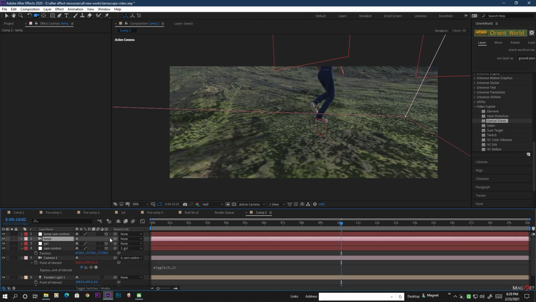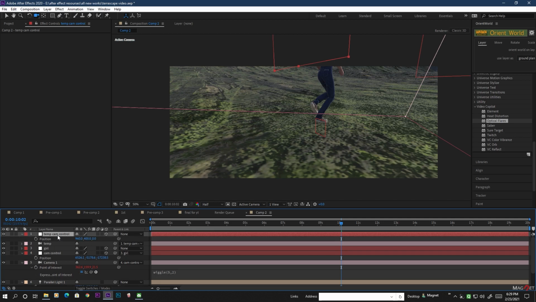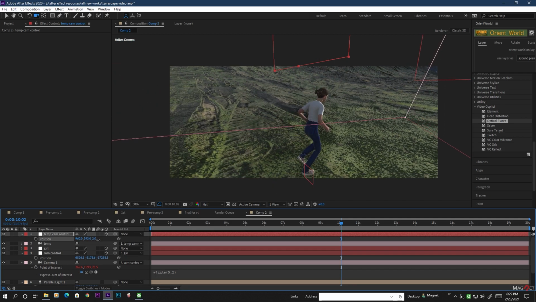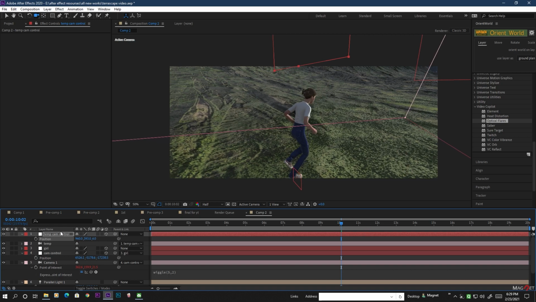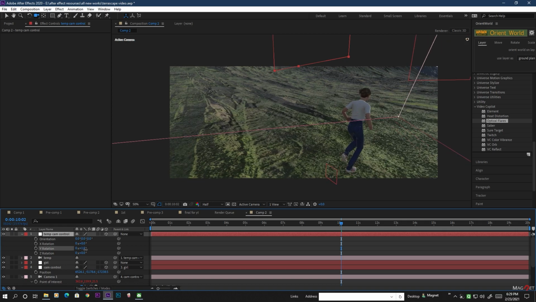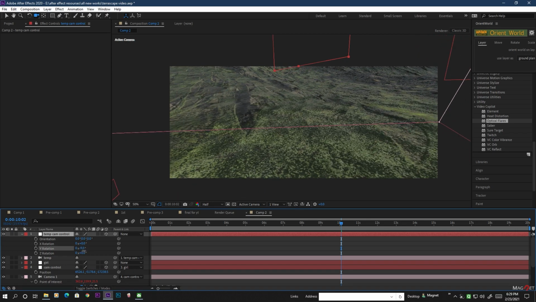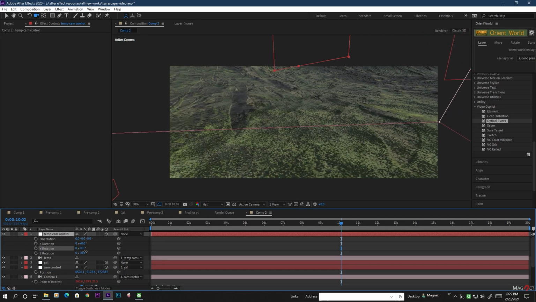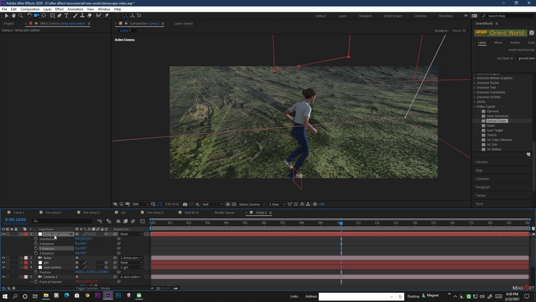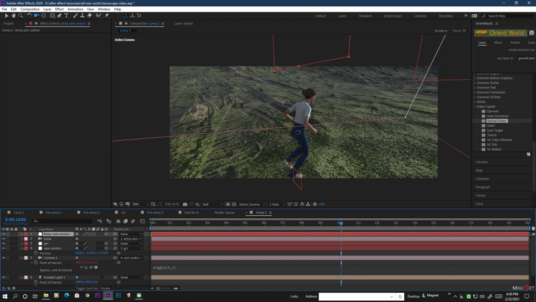unlink this and link with that temporary camera null object and press P, and if you just change the position of the character, then we have to rotate this, so that we animate our camera to orbit the character. But you can see that we are not orbiting our character here, so there is a trick to do this thing. So first we